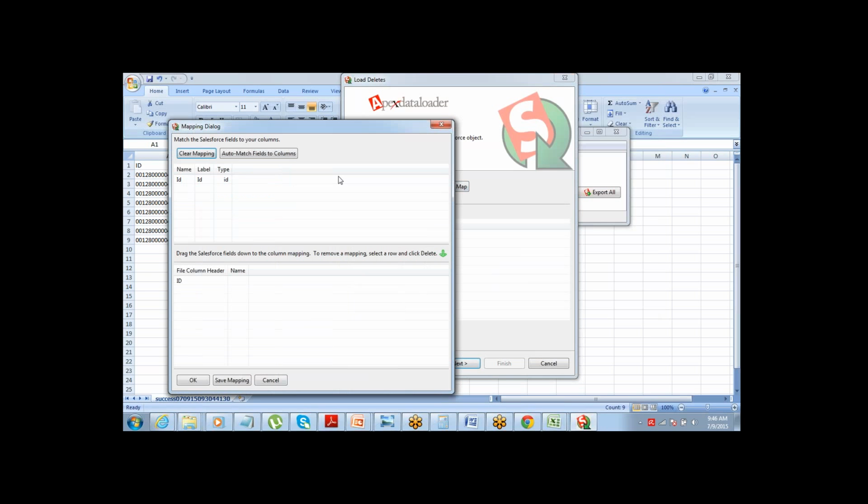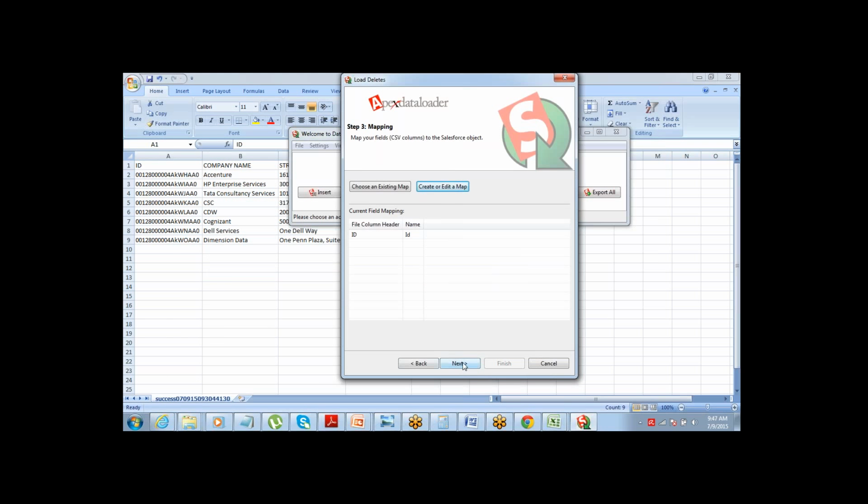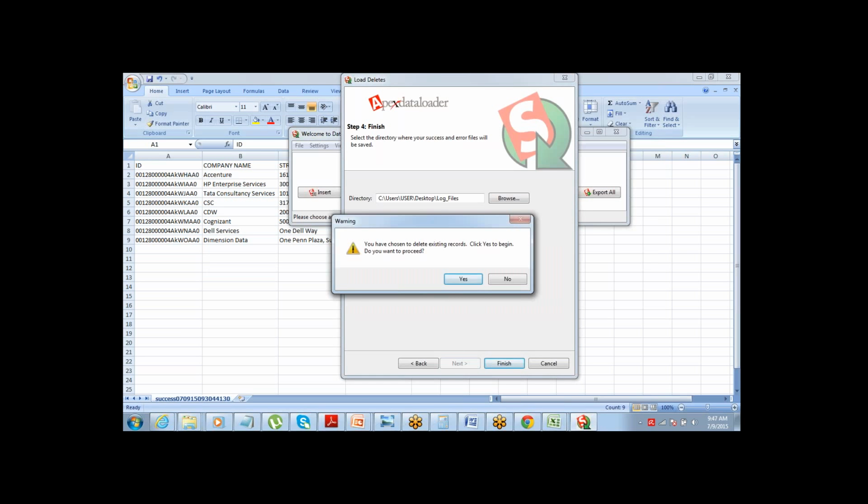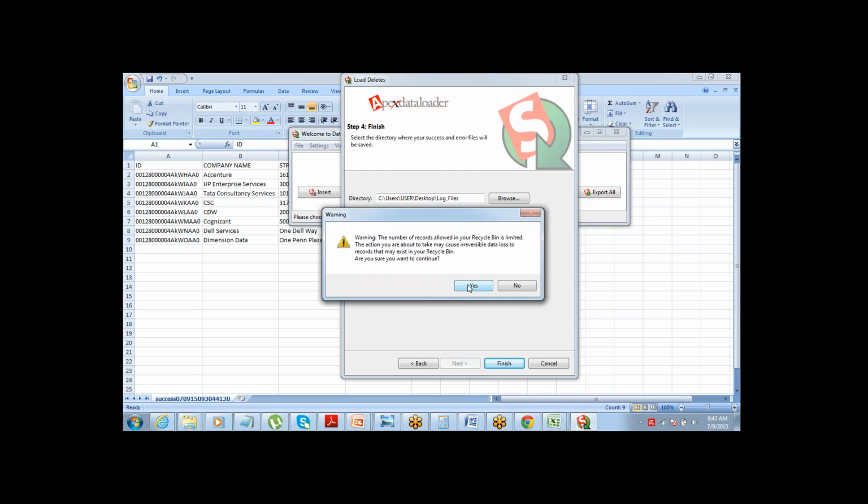Here there's not much which needs to be done because there is just one field to map, ID. For Salesforce also there is just one field. So just map it. That's it. Go ahead, click on next and say finish. All the records which were created will get deleted. Do you want to proceed? Yes. Okay.